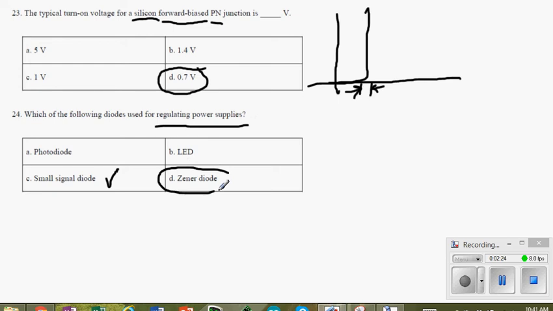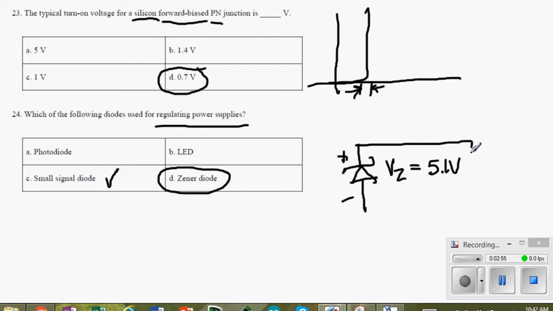And we learned that the Zener diode, and this is the symbol for the Zener diode, is used for regulating power supplies because the Zener diode is designed to be operated in the reverse bias mode, and they come with a Zener voltage which you can select from a list of options. So for example, if the Zener diode is designed to regulate voltage at 5.1 volts, what you would do is you would put the Zener diode in series with your load,